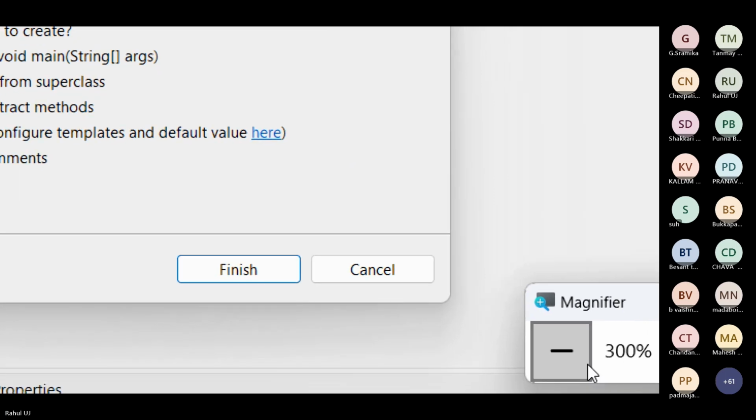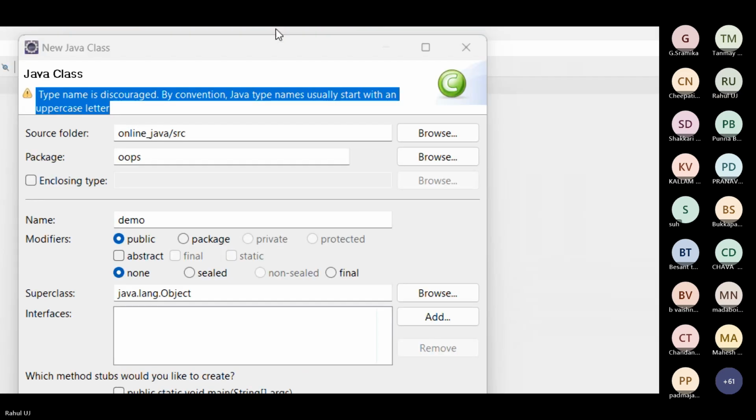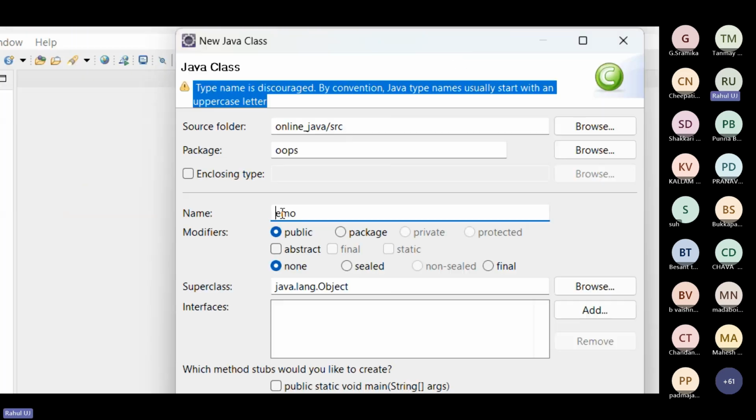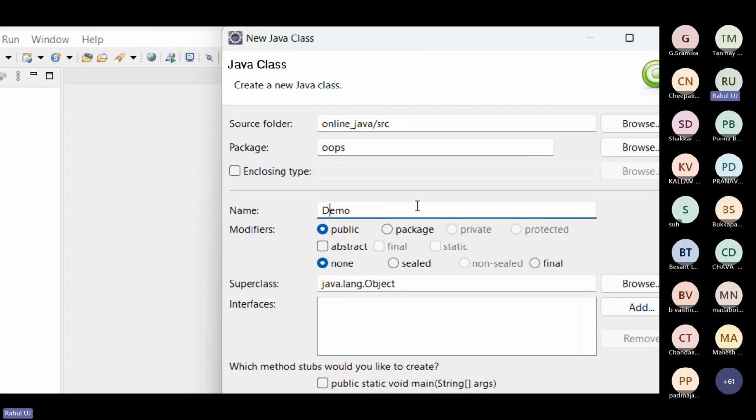So what I'll do, observe here, I will change this to capital D. Once I made it capital D, did the message go away? If your messages have a yellow icon, that is just a warning.